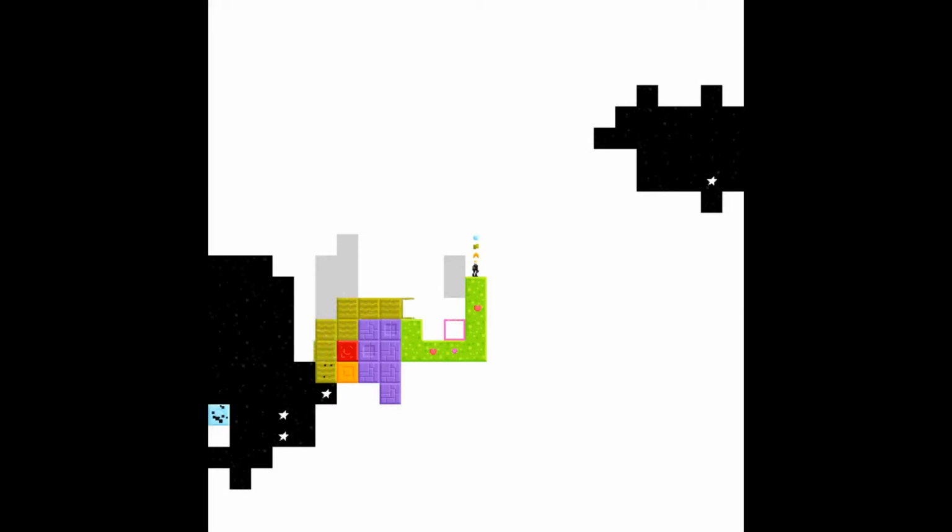Put some slime there, I think. And then, ideally, I would like to send this off to the right, but I'm going to have to wait a little bit in order to ensure that that happens. Alright, so now we're heading over this way. We have an opportunity to get to a key,